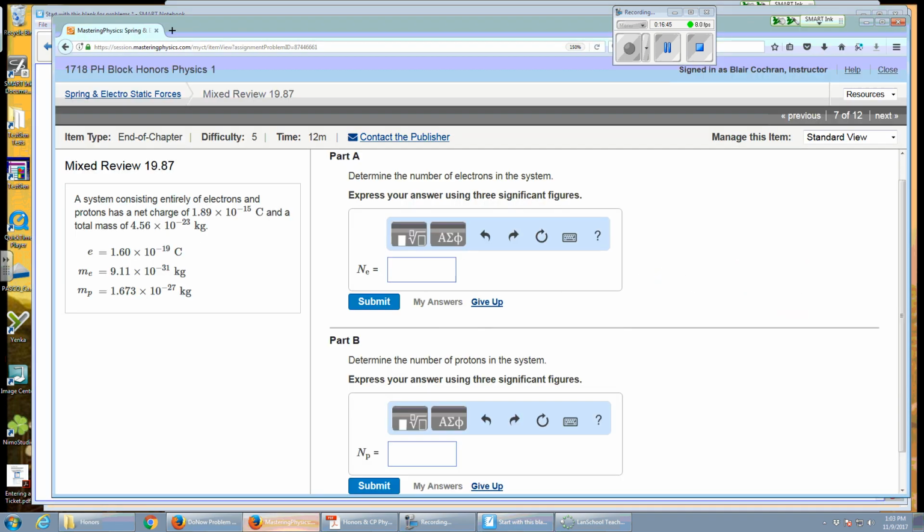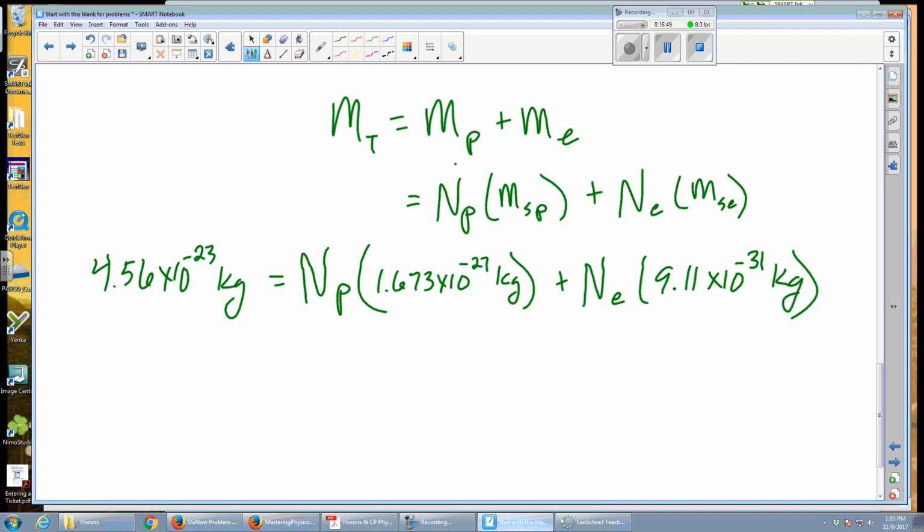Let me make sure of that one. Yep. I read it off my problem. Mass of a single proton. Yeah, that's right. I didn't love my notation, but